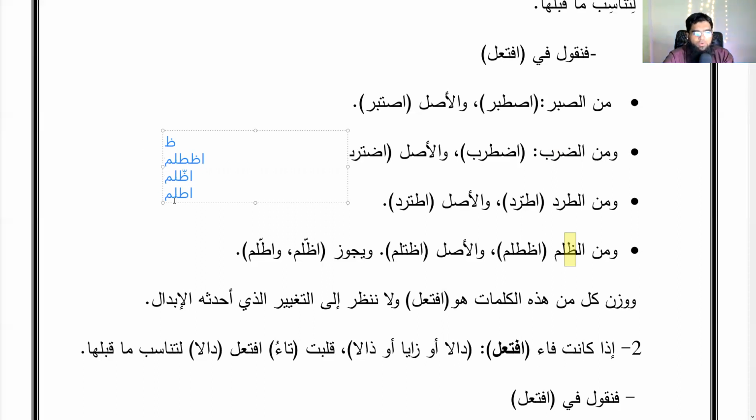Now, if someone asks you what's the root letters of ittalama, don't be surprised and say, no, it's ta, lam, and mim. No, there's no verb ittalama. There's no ta, lam, and mim. I'm not able to find ta, lam, and mim at all in the dictionary. You'll not find it. You'll be like, what? Where is it? Ittalama is actually wa, lam, and mim. Zalama, yazlimu. And then form 8 will be to suffer injustice, to be wronged. Like if zalama hamidun, that means Hamid suffered.